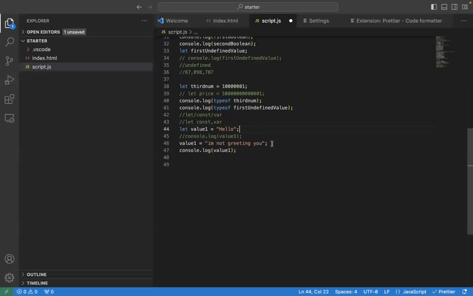But it is right to reassign a variable like this without declaring it, because you are not redeclaring, you are just reassigning. You understand? So now I've declared value1 to be hello. If I reassign value1 to be I'm not greeting you,